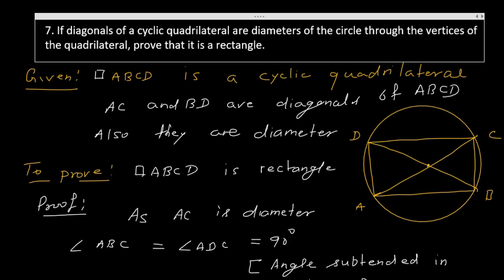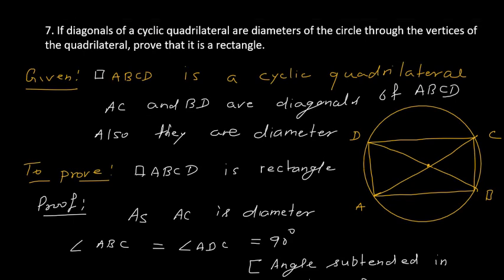You can also say that angle A plus angle D is 180 degrees. So the interior angles are supplementary, therefore AB and DC are parallel. And angle A plus angle B is 180 degrees, so AD and BC are parallel by the converse of the interior angle theorem. Therefore ABCD is a parallelogram with each angle 90 degrees, therefore it is a rectangle.